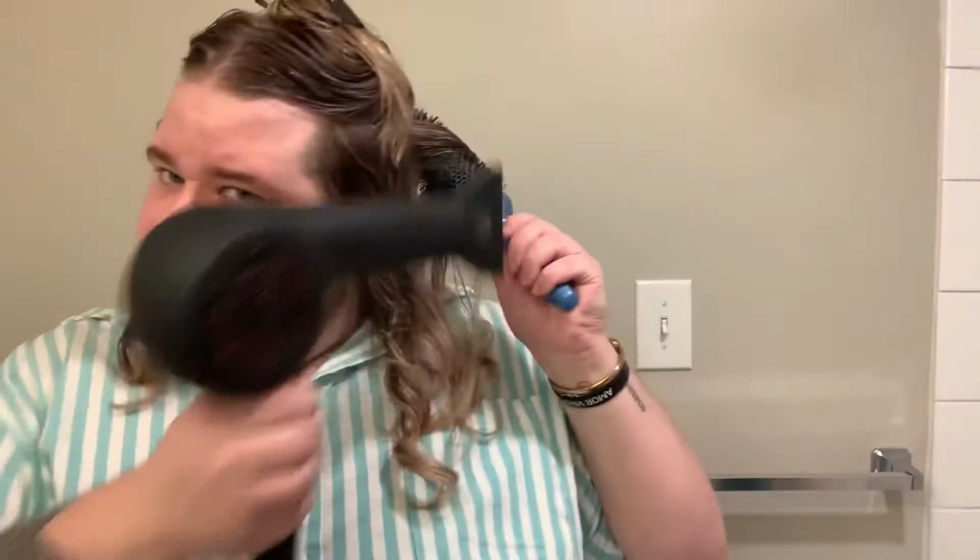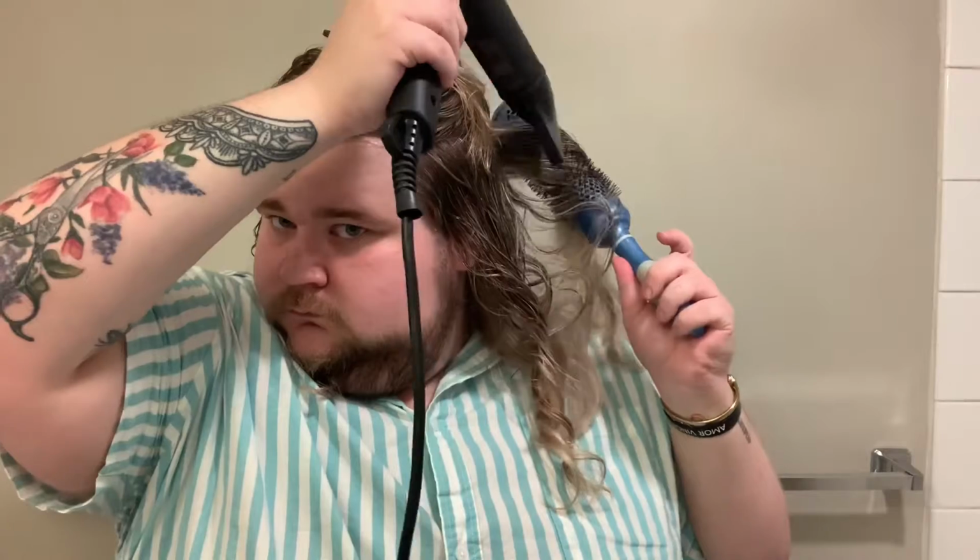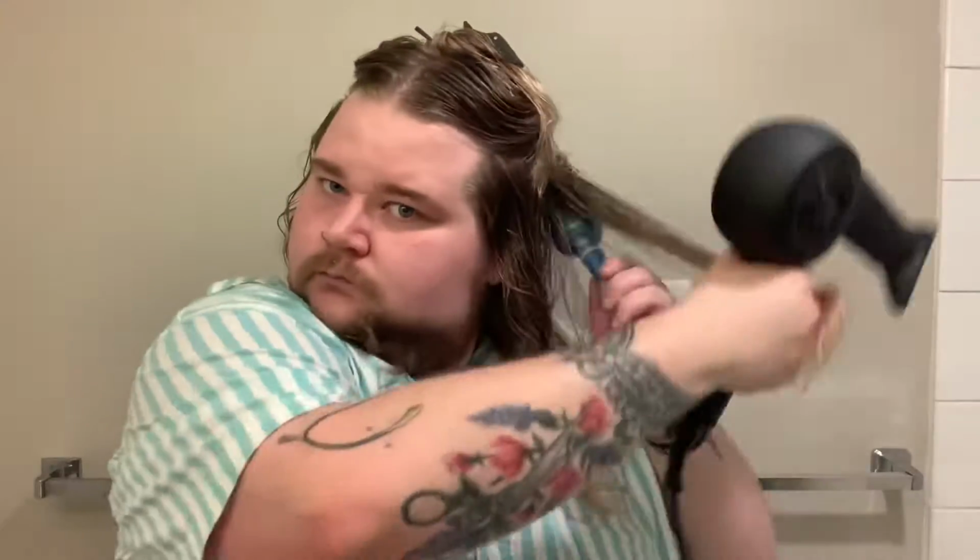So again, I'm just detangling. And it's easier for me to do this side than this side, so I just bring it over. And you can see now that it's like 80% dry, that's when I start to really go into that smooth motion. So I'm gonna maybe slow this down, because this is the part that you don't really see and it's tricky, but